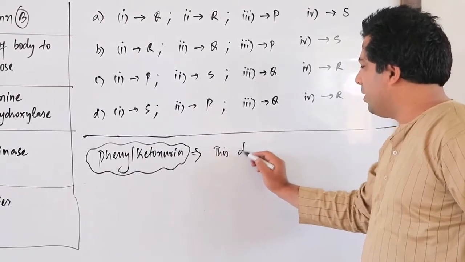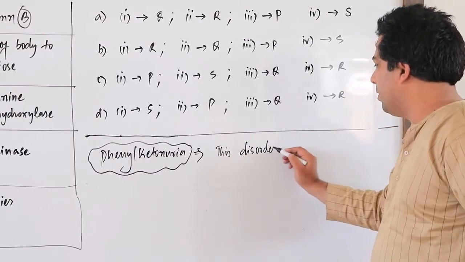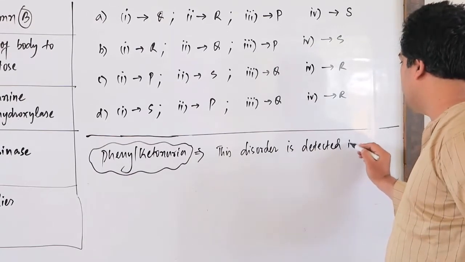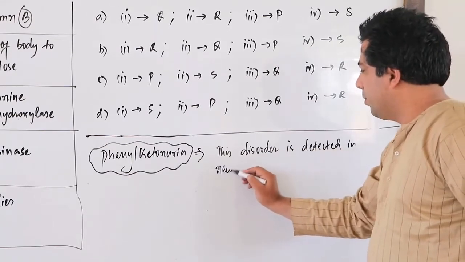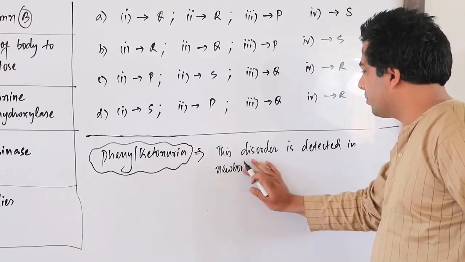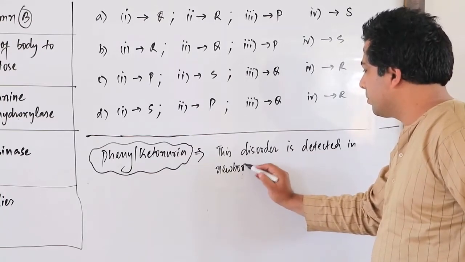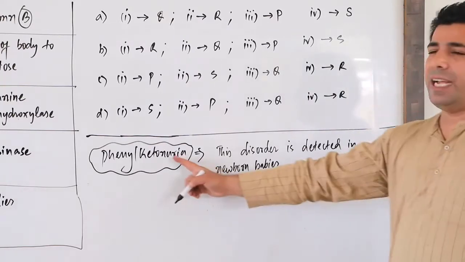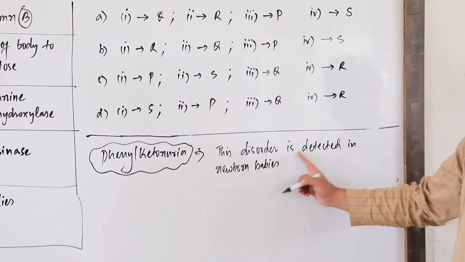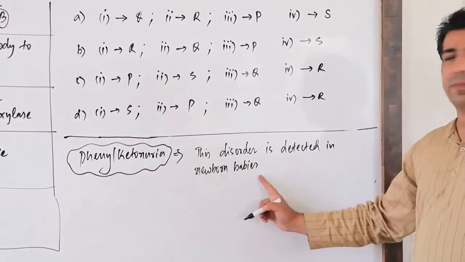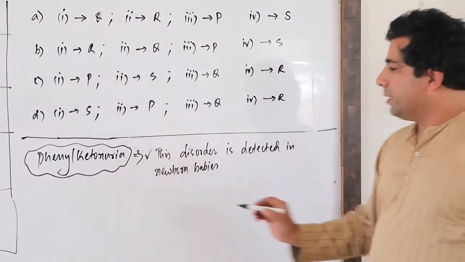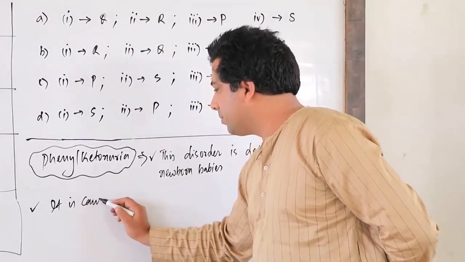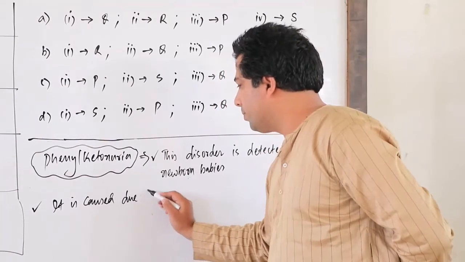This disorder, you can say, or disease, you can say, is detected in newborn babies. So my dear friends, this phenylketonuria disorder is detected in newborn babies. That's our first point. Second point is that it is caused due to